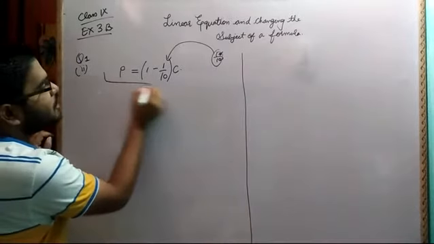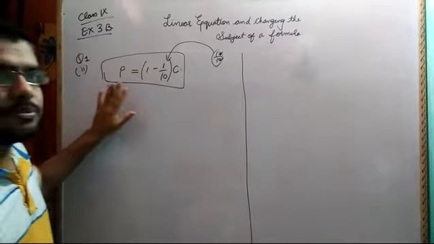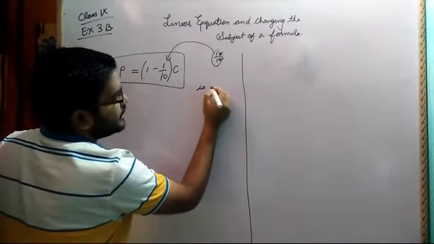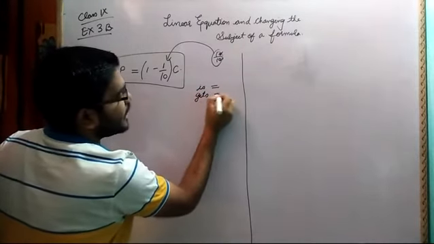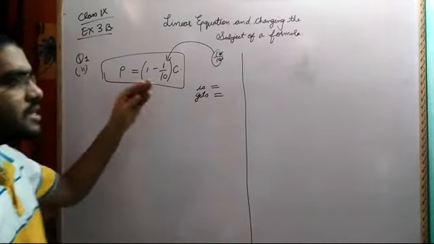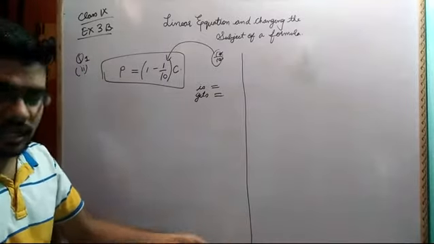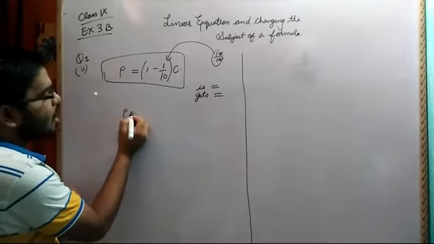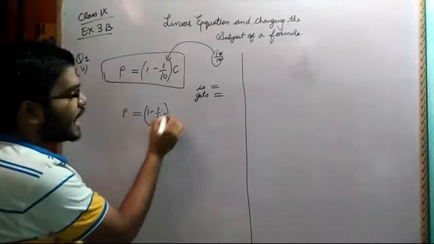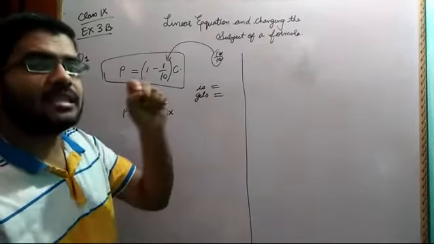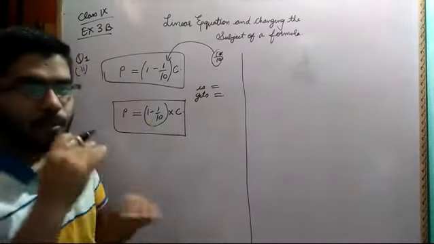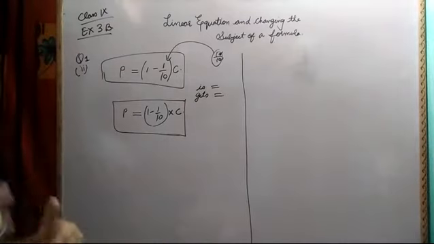So your work is only to frame this much. It is given, the selling price P of an article is. Whenever you see "is" in words, it means equal to. Okay, when you see "is", it means equal to. The selling price P of an article is means equal to what, 1 minus 1 by 10 times means multiplication of the marked price C. C is here. So only this much we have to do. In this way we have to break the sentences and then frame an equation.